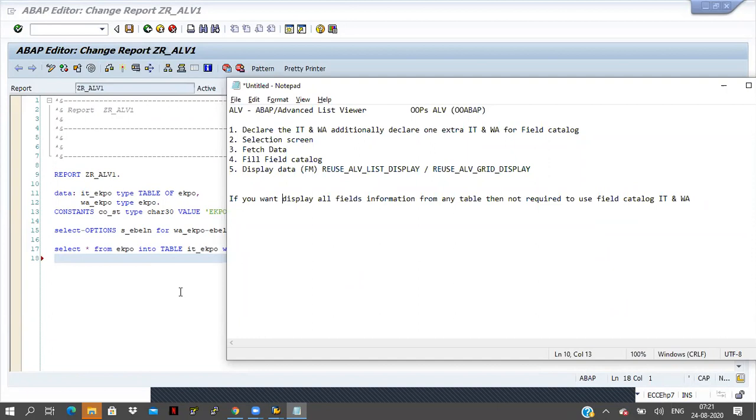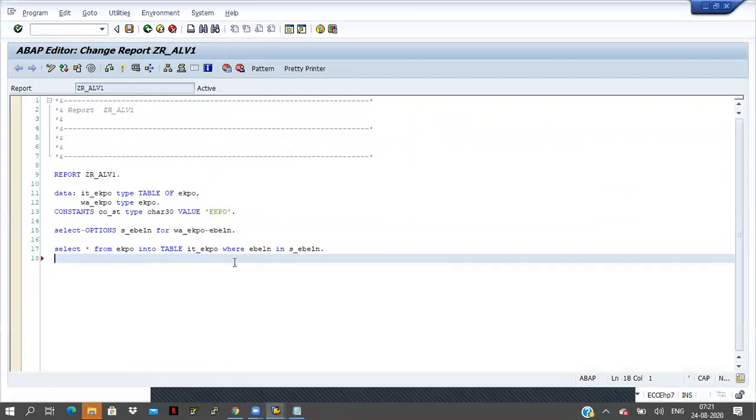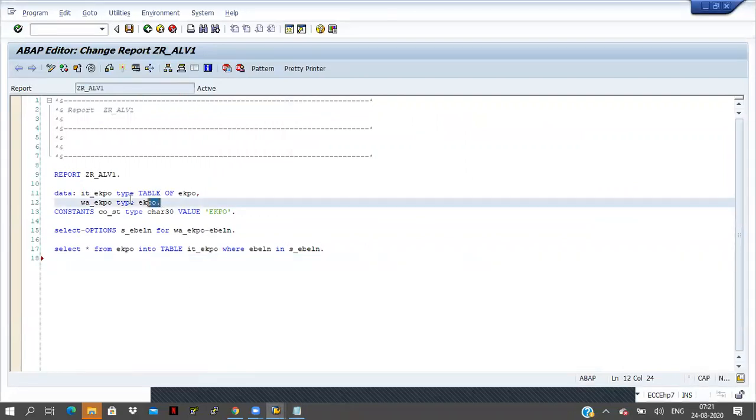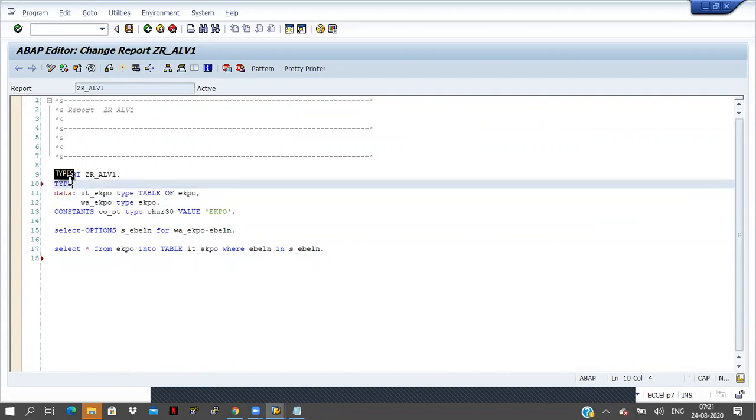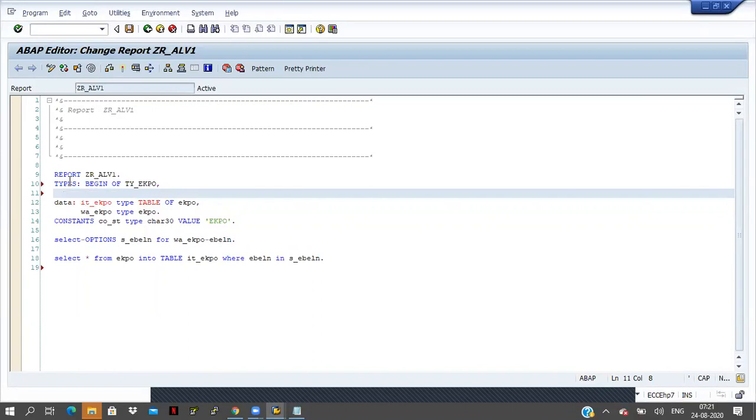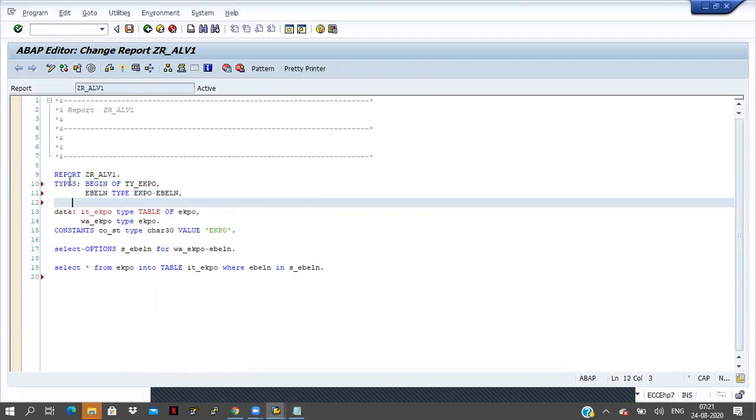Now I will use something, field catalog internal tables, right? So before that, I will write some types here. Types begin of ty_ekpo. I'm taking a few fields from the EKPO table only. That's why I'm taking like this: ebeln type ekpo-ebeln, and ebelp type ekpo-ebelp.